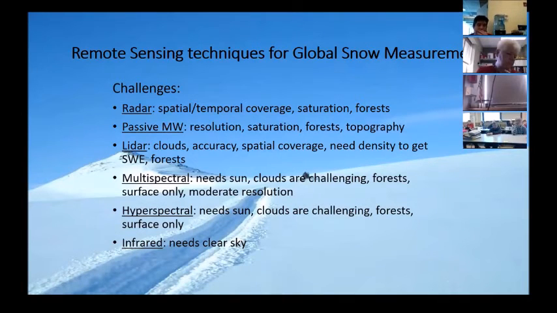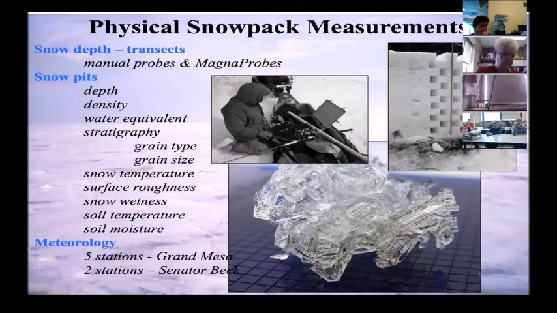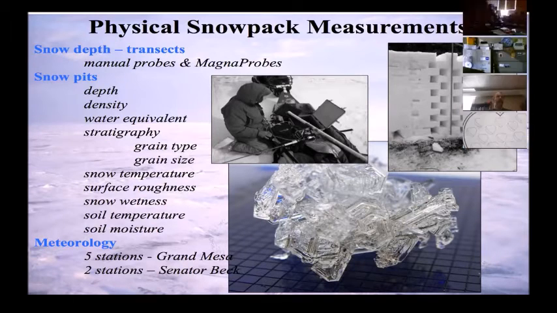This just kind of summarizes what I just said, that we need clear sky view for the infrared data. What kind of measurements are we going to be taking on the ground of the snow? Well, in Colorado, they have been doing very detailed measurements, including depth, density, water